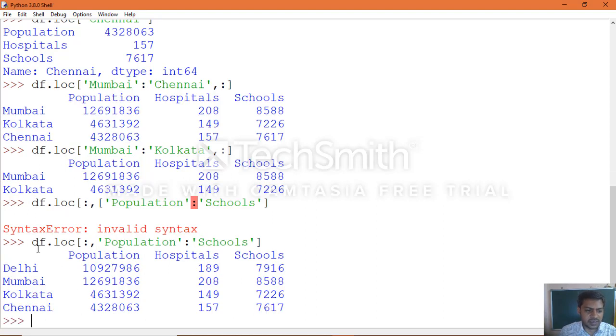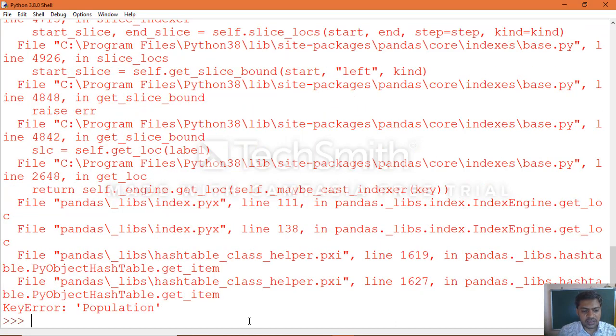We made it wrong because the square bracket was opened multiple times, and that's the reason we got invalid syntax. Now we will also see without colon and comma; let us execute it. Here this is not supporting selective column labels. When you remove the starting colon and comma, it does not work, whereas with rows, row labels were executed successfully.